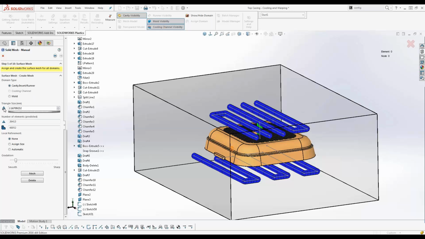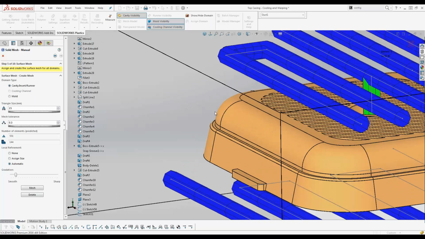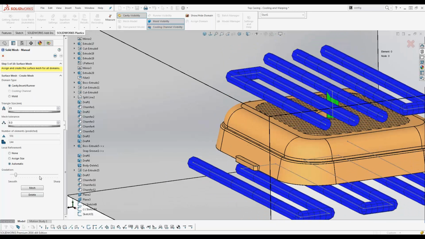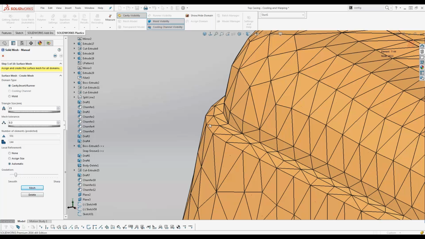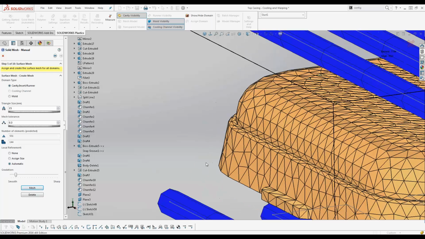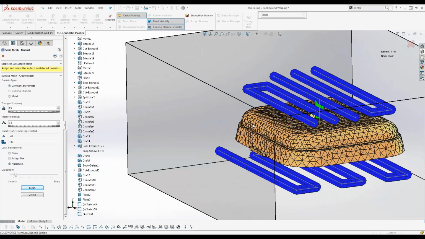I can have a uniform mesh size, or I can type here, for instance, 15 for the size of the mesh, and get SOLIDWORKS to automatically recognize the small fillets and small features in my model, and it will automatically create the suitable size for this model. So I will go mesh. As you can see here, the small features are being covered based on the auto refinement option. All right, so this is the mesh for